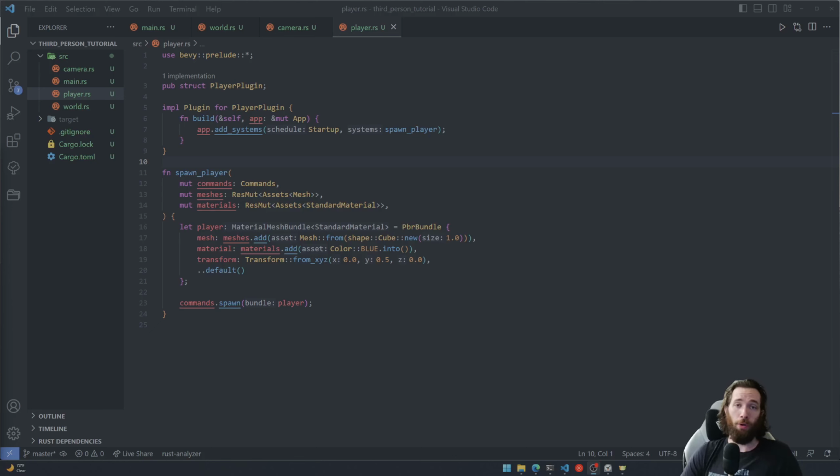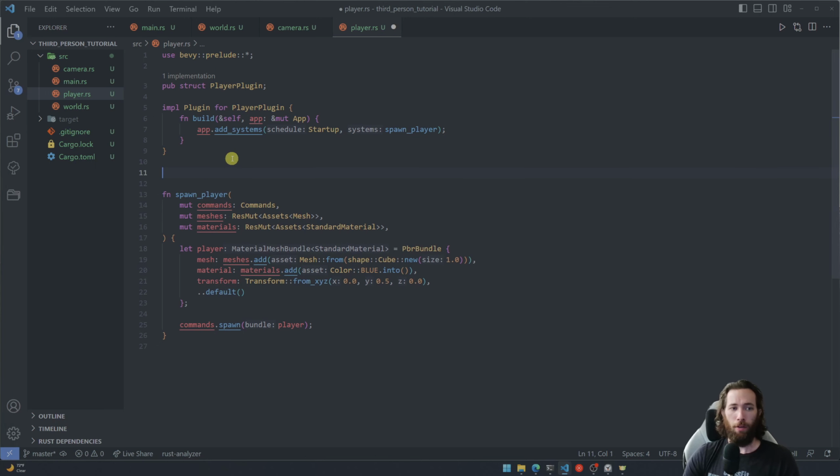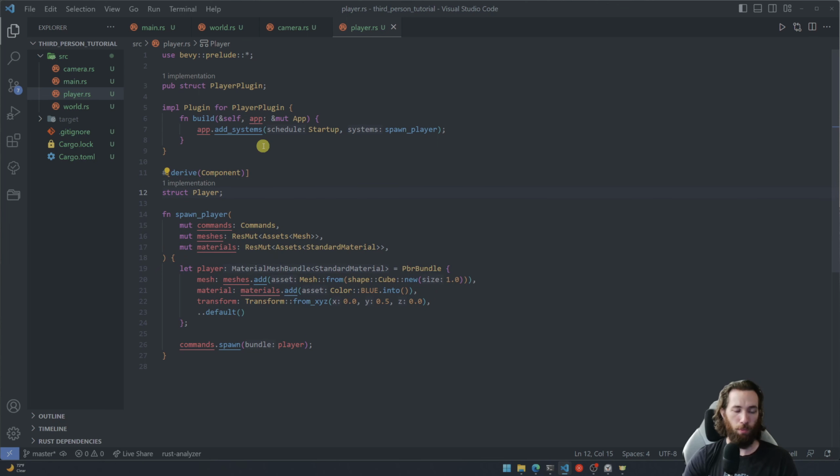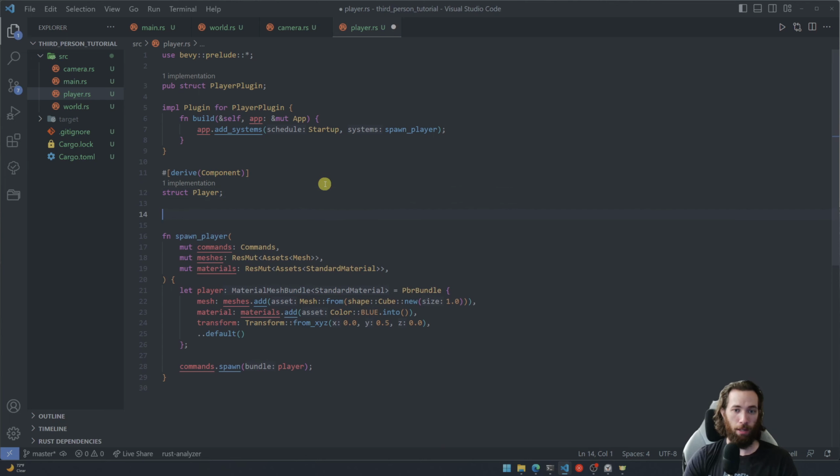Okay, in this tutorial, we're going to add movement controls to the player object, and it's pretty simple. First, we need to create a player component. And I think that needs to be capitalized. That was a struggle. Okay. We have our player component, and then we need to create a system, and I'm going to call this system